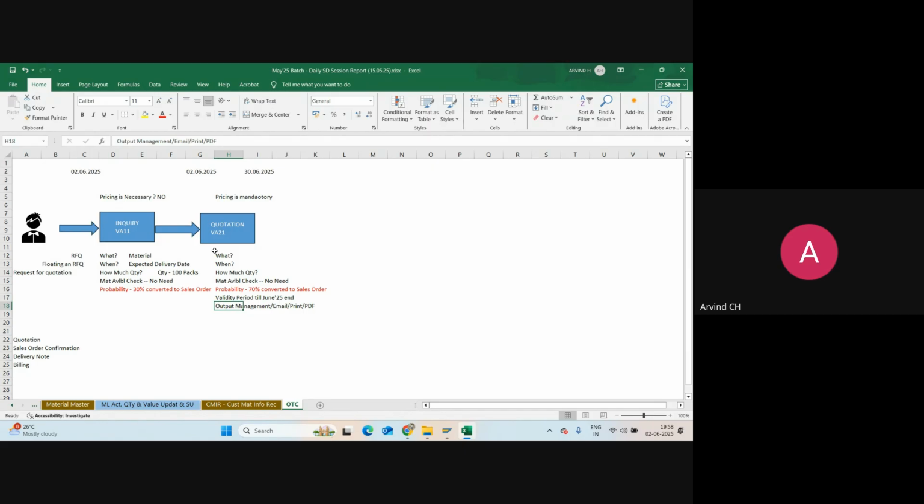Clear? Yes, sir. Okay, fine. So you have to interact more, please. My request, everyone has to interact, not only Rajlakshmi, not only Akash, everyone has to say yes or no. If you do more interaction, you will get a very good idea. And in interview also, you should explain like this. Okay,